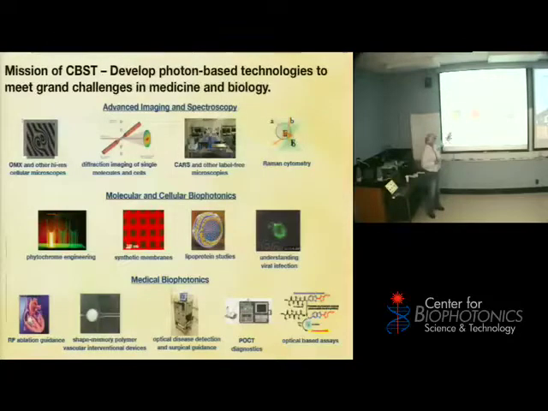Our projects are again broken down into the categories of imaging, advanced imaging, molecular and cellular biophotonics, and medical biophotonics. What you're going to learn about in this course are all of these different technologies, because you're going to hear about it from the people who've actually pioneered it. So I don't want to spend a lot of time on it today, other than to say we are developing